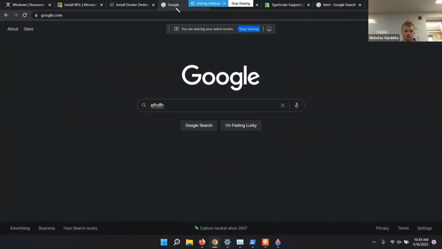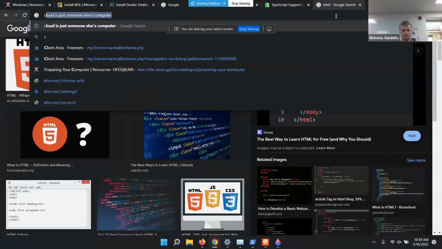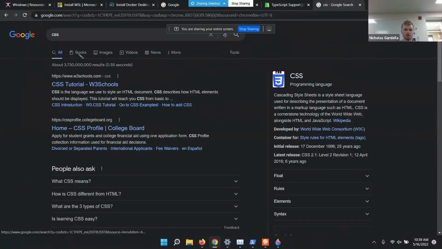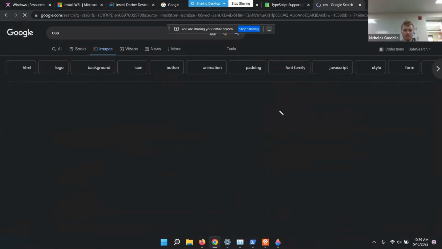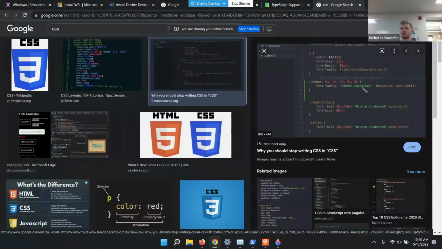And then there's also styling. One of the things that this provides you is something called CSS, which goes hand in hand with JavaScript. CSS is just code for styling your words. So your HTML is just fancy words and things that you can do on a website, and then the CSS is the styling element that